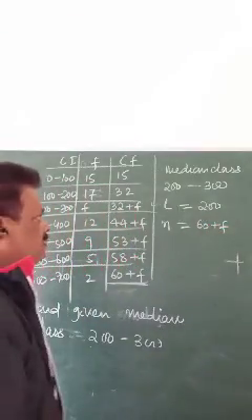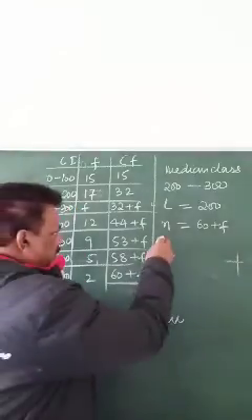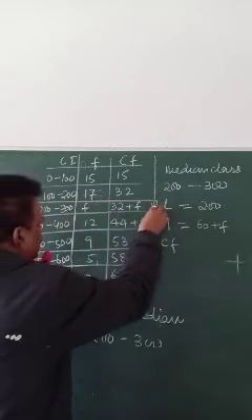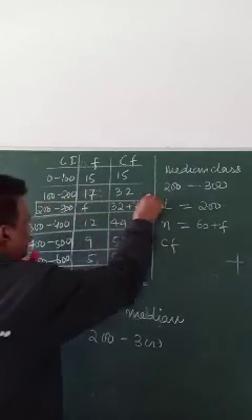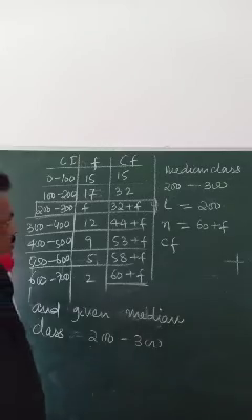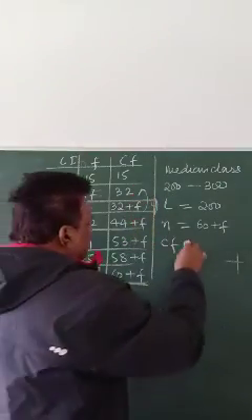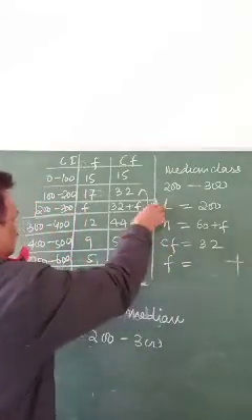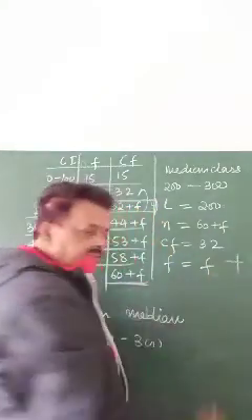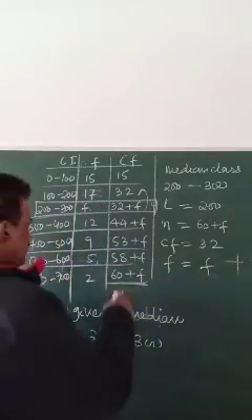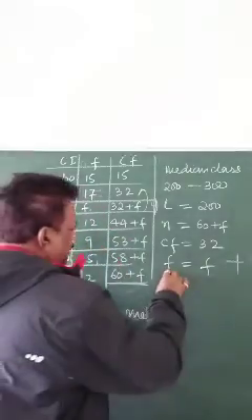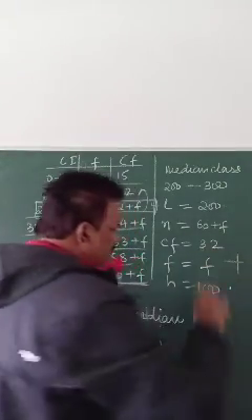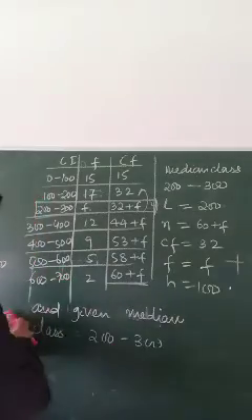Then the cumulative frequency of the class before the median class, we have to highlight this one. Previous means 32. Frequency of the median class is f. Then h, the class width, is 100. So if you put the values,